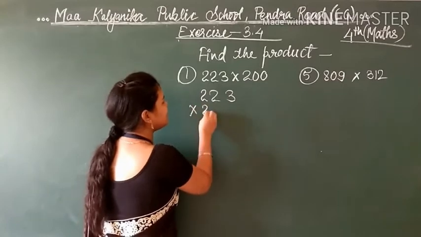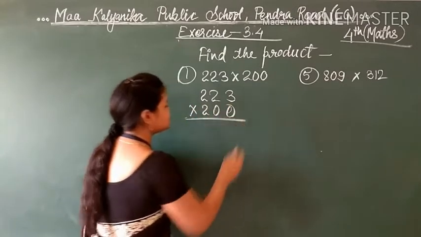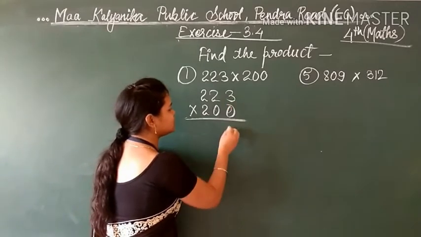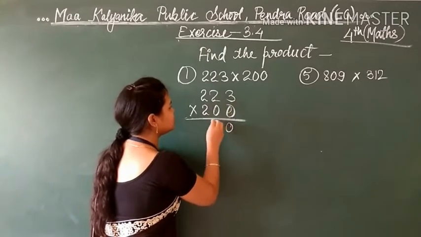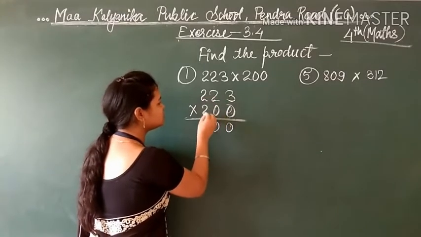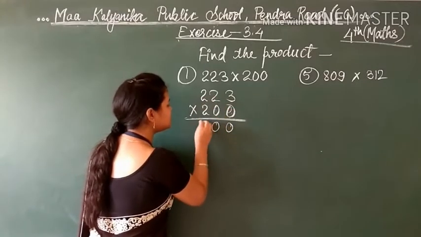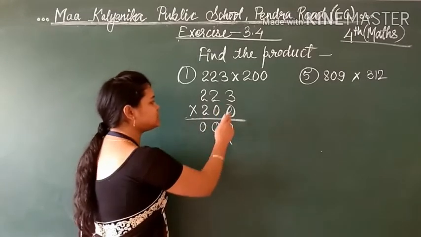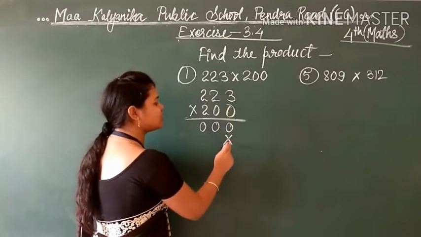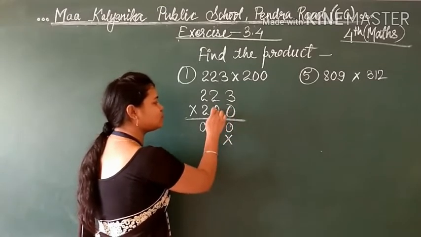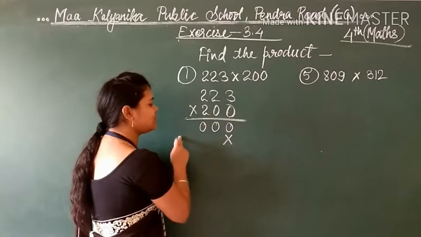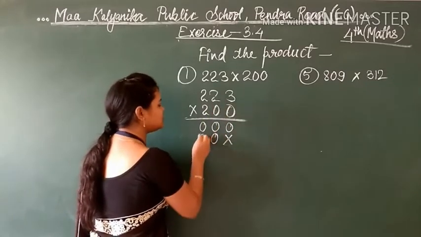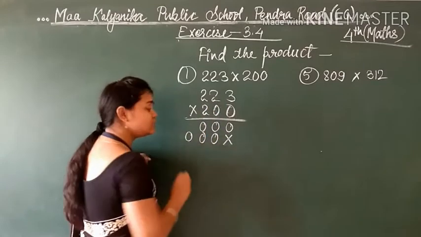Okay, so see students, here 223 multiplied by 200. So simply step by step, remember, you have to solve. So 3 zeros are 0, 2 zeros are 0 and 2 zeros are 0. We are moving to the next digit, which means leave this place. This is the ones place, so we leave the ones place blank. Then we are moving to the second digit. So the second digit will be multiplied and written here. So 0 threes are 0, 0 twos are 0 and 0 twos is also 0.